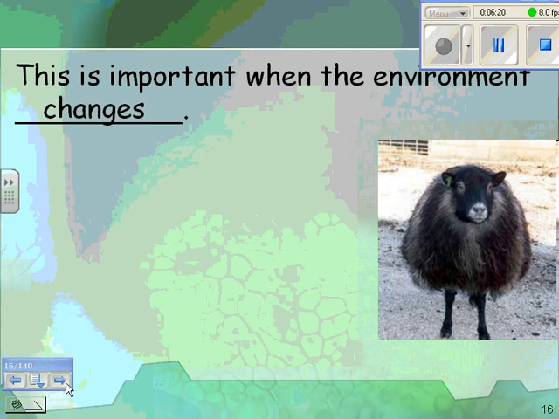If you're doing really well in your environment and all of your babies are exactly like you and the environment never changes, then you'll be fine. But the thing is, the environment always changes, because you're always going to have a new virus or a new type of fungus that comes into the area. Sometimes there's a new predator. Sometimes the temperature gets hotter or colder or whatever. So if your babies are a little different from each other and a little different from you, then at least some of them will probably survive.